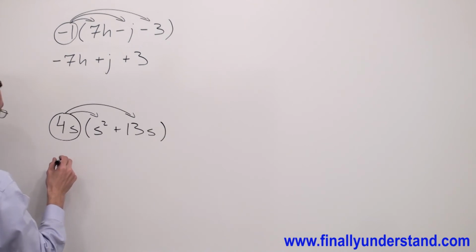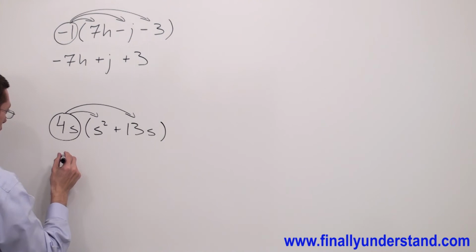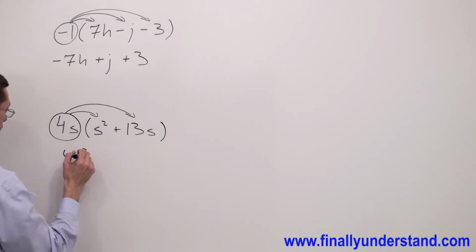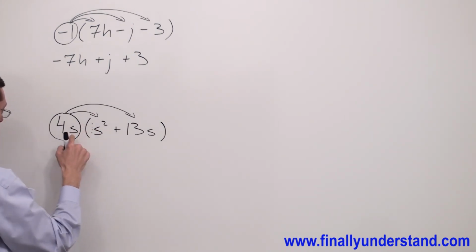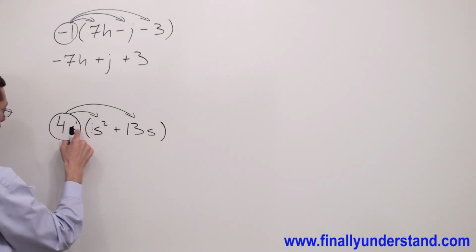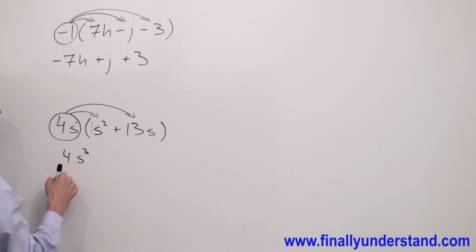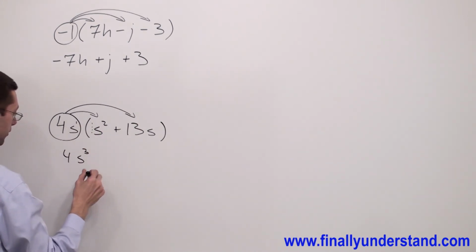I have 4s times s squared is equal 4s cubed. 4 times invisible 1 gives me 4. And remember, anytime I have no exponent, there is an invisible 1. Anytime I multiply the variables with the same base, I keep the base and add exponents. That's why I have 3. 1 plus 2 gave me 3. Plus